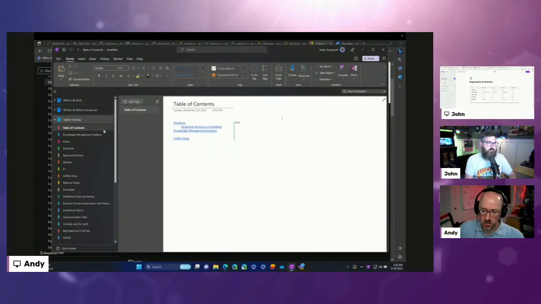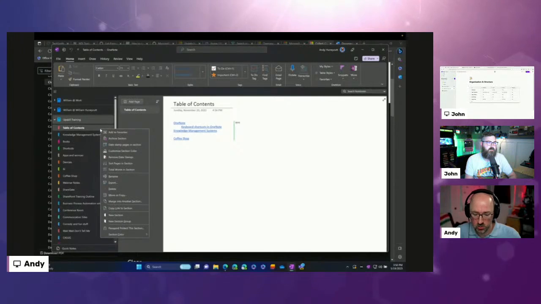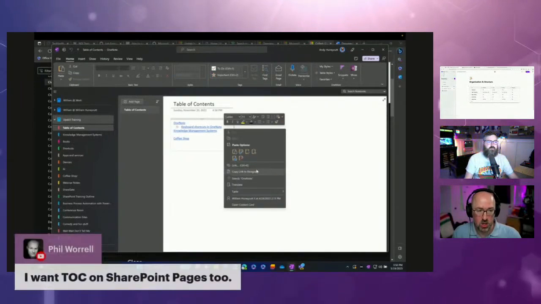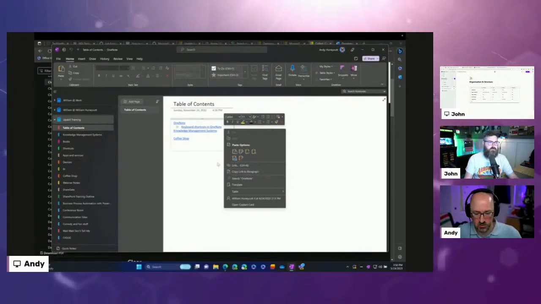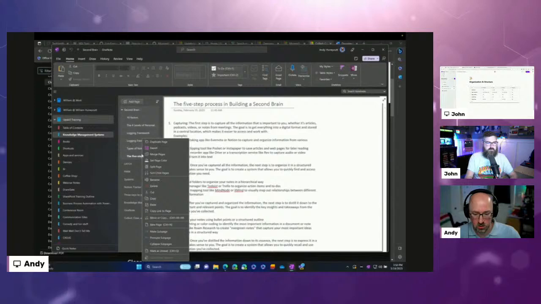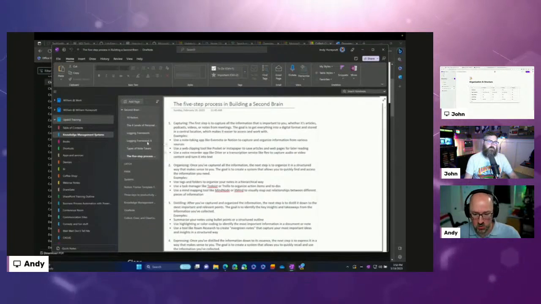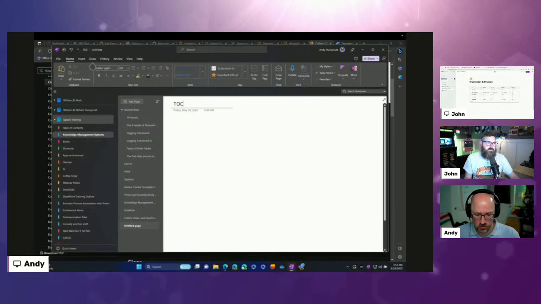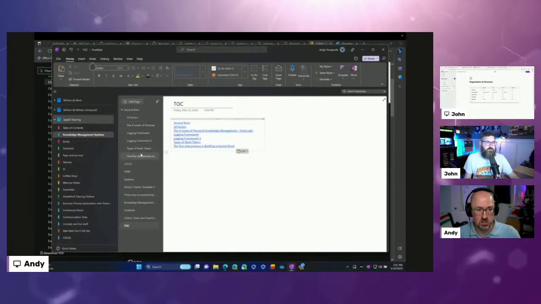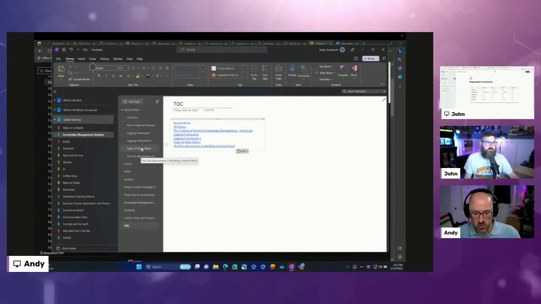Right. So in the OneNote world, you can get a link to the section, you can get a link to the page, and then you can even get a link to the paragraph. But you have to manually collect those things and then go and do something with it. And that's a lot of effort. Granted, I could go in and say, grab these things right here, let me copy those and then add a page, and we'll call it table of contents. And then I can paste those in. But what if I add another thing to this? It doesn't update. I have to go back and manually update it.